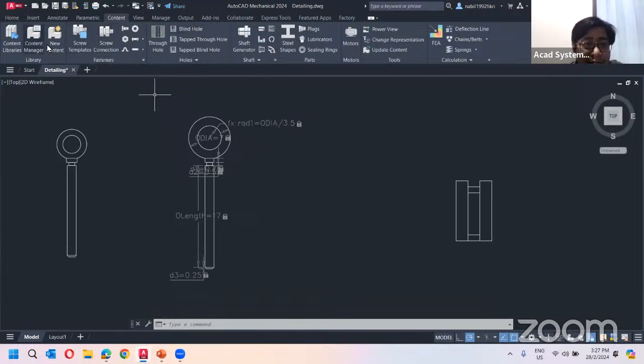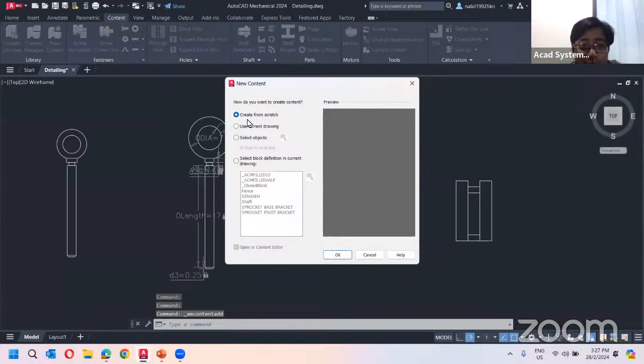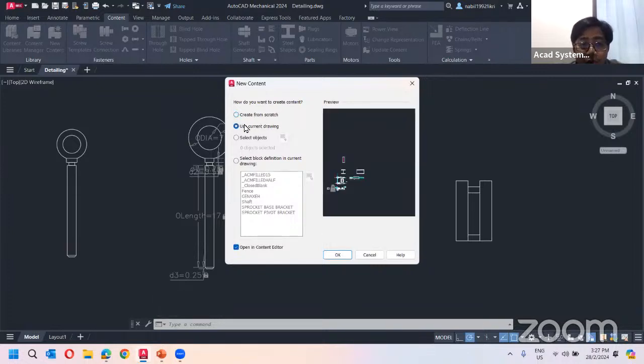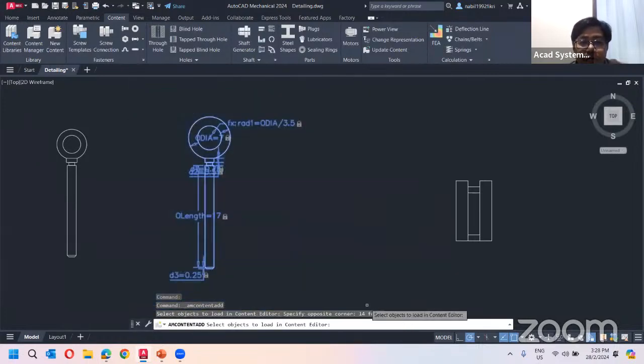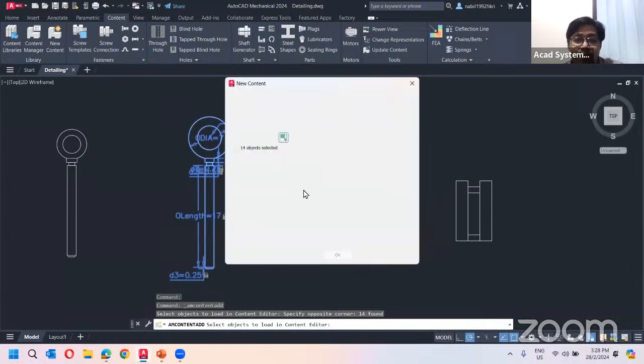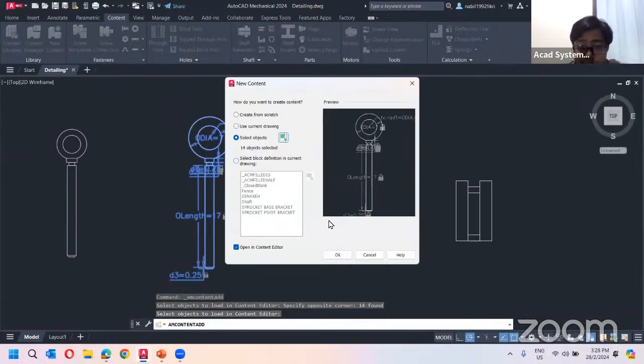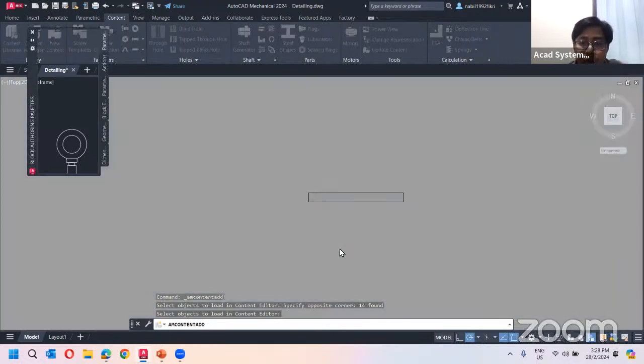So I can select new content and I can specify, maybe I haven't created the object, so I can create from scratch. But for this case, let's say the entire drawing is my item, so I can use the current drawing. But I have created it not for the entire drawing, only on the small parts here that I would like to convert. Then I can select object, and specify this is the object that I want. Once I press enter, I can press OK, and it will pop out